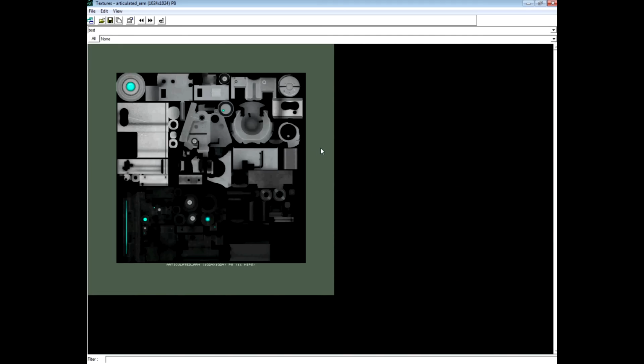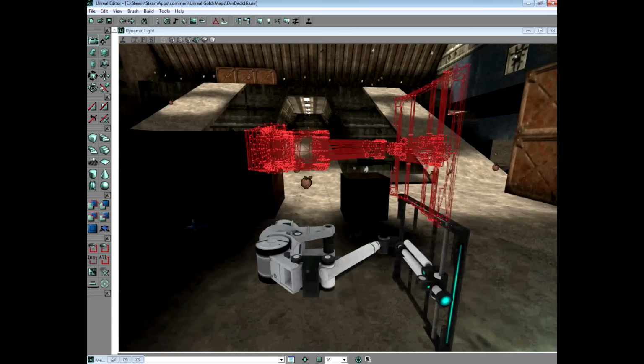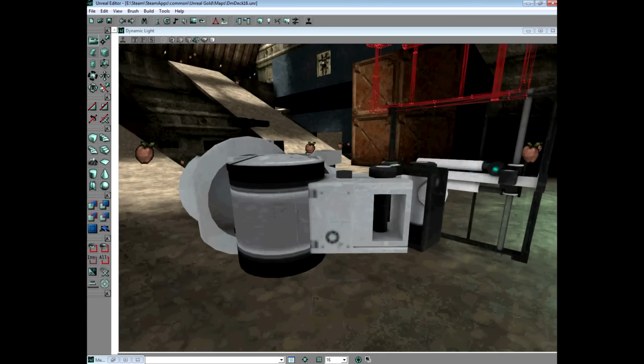That's the only way I know to convert materials that are not textures, like for instance shaders and stuff like that. They'll throw problems, so you'll need to do that. It's as simple as it is. You just take a screenshot and you convert it to Unreal.